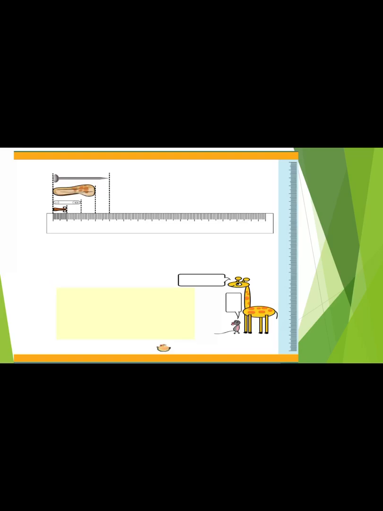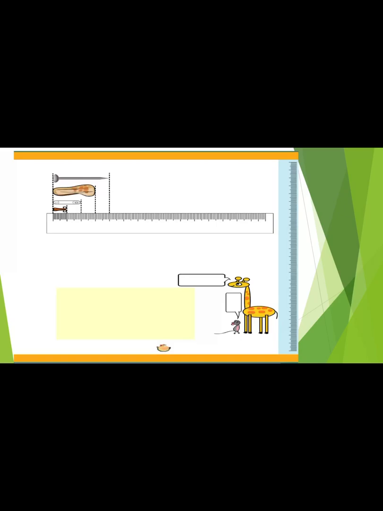Now here you can see another diagram for you. There is a nail, a slipper, a paper clip, and a scissor. And the marking is given. It starts from 0. 0 to 1 there are 10 divisions. 1 to 2 there are 10 divisions. In this way 10 divisions it goes. And within the 10 divisions, in the middle it is 5. So that means 5, again 6, 7, 8, 9, 10.